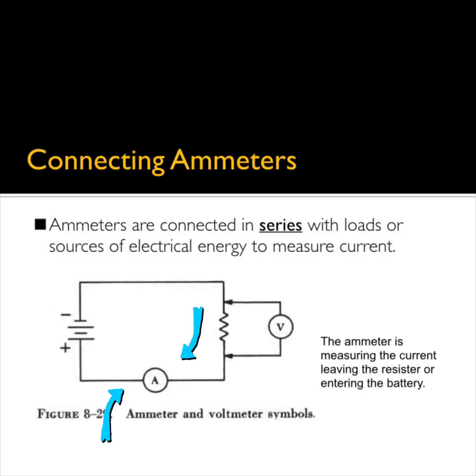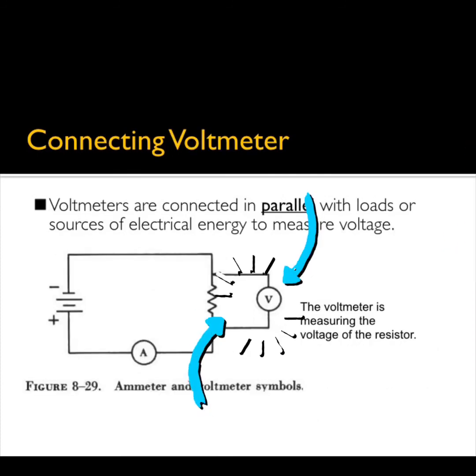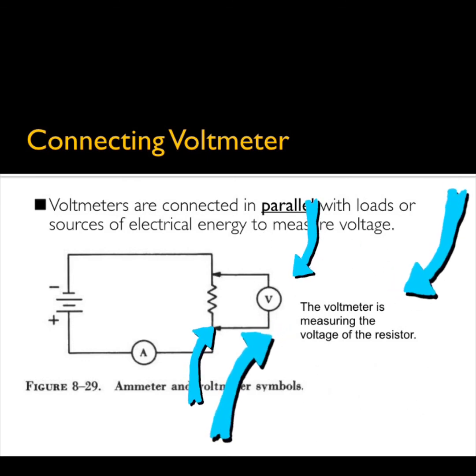The tool we use to measure current in an electric circuit is an ammeter. Ammeters are connected in series with loads or sources of electrical energy. An ammeter is used for measuring the current leaving the resistor or entering the battery. Voltmeters are used to measure the voltage. They are connected in parallel with loads or sources of electrical energy. A voltmeter is used to measure the voltage of the resistor, and they are